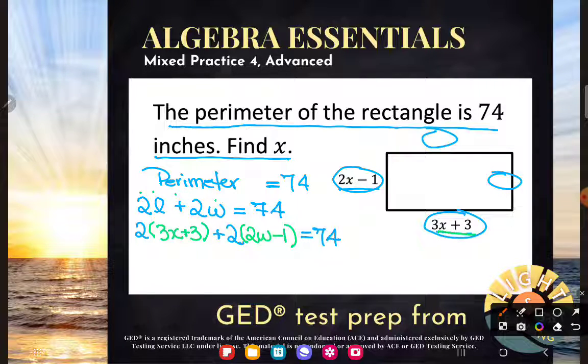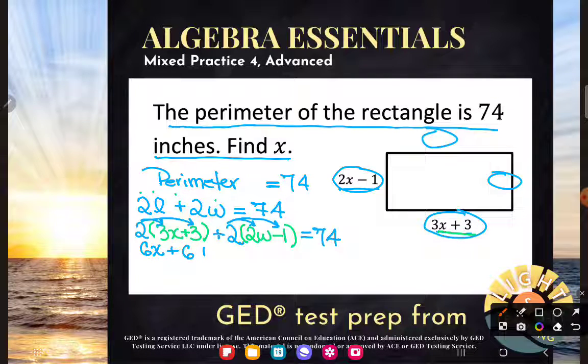And look at that, what do we end up with? A multi-step equation. Multi-step equations happen all the time, you guys. All right, so first basic rule of a multi-step equation is simplify before you solve. And I do see simplification I can do. I can definitely distribute the 2's here to do my multiplication. So 2 times 3x is 6x. And 2 times positive 3 is positive 6. And that's going to be,